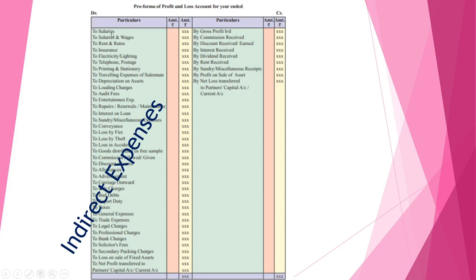So we are going to consider all these expenses, say for example salaries, rent, insurance, then some audit fees or entertainment expenses, repair charges or interest paid on loan. All these expenses are not directly related to production, manufacturing or raw material. So all those expenses are considered under indirect expenses.